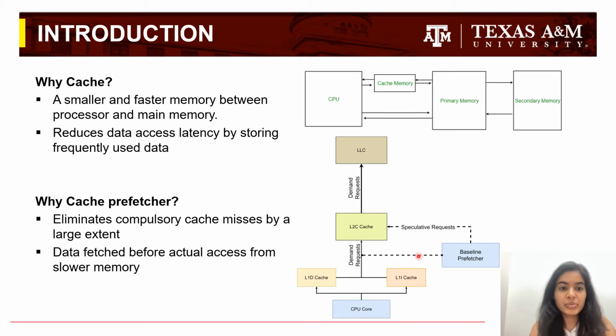That is why we need prefetchers to better hide the memory latency in all modern designs. A cache prefetcher monitors the access requests that are sent to a cache level by the processor, and based on these access patterns, it tries to predict what would be the potential next accesses. And then it issues the prefetch request for these accesses much before the actual demand request is made by the